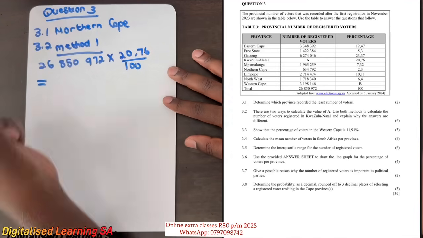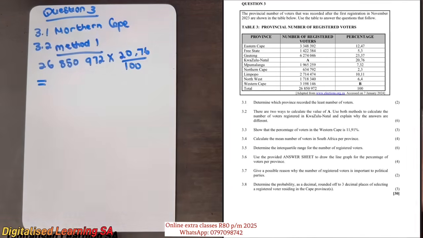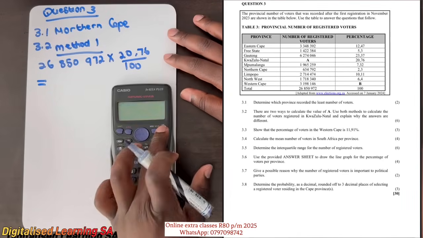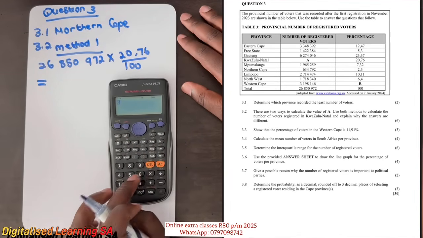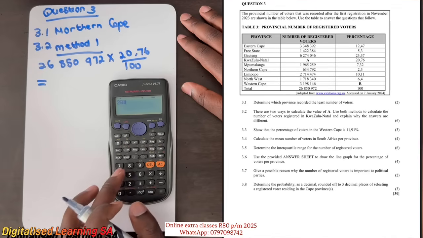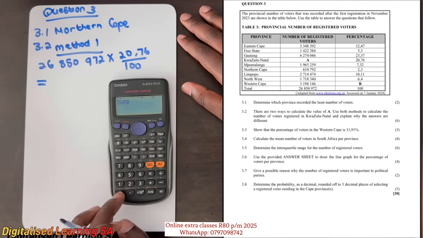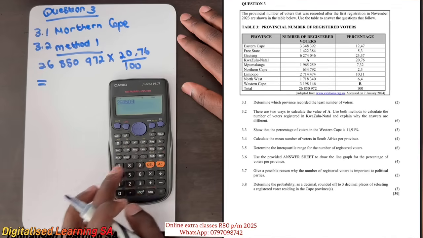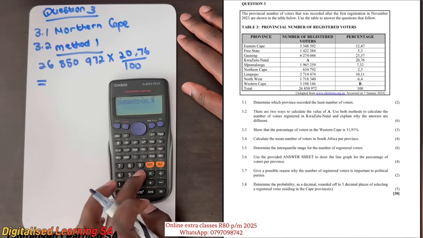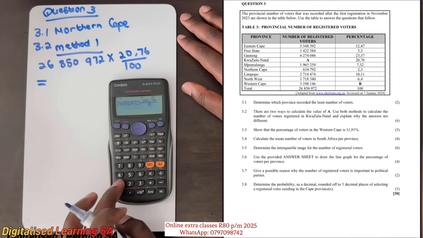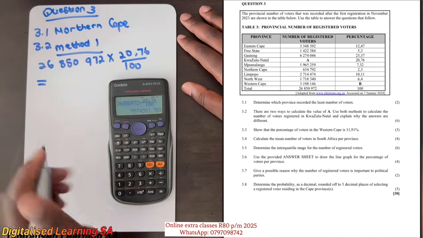And if we plug that on our calculator, which we are going to do now, we'll be able to get our answer. So we say 26,850,972 multiplied by 20.76 divided by 100, and our answer will be